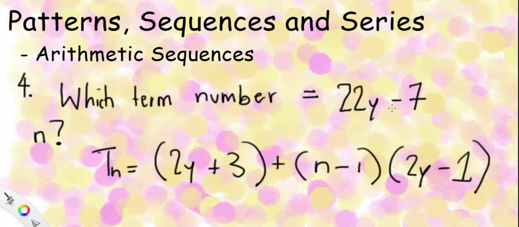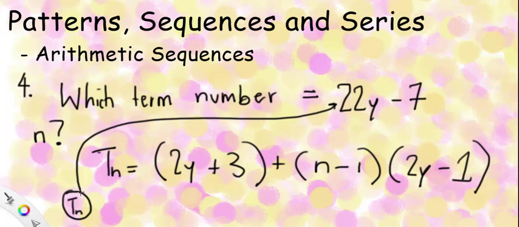We have the final answer that we need over here. And essentially, n is the term number, right, guys? But we also need to realize that once you put the T and the n together, it essentially becomes a term. And so Tn is equal to this. So in order to solve, what we do is we substitute in this instead of Tn, and then we solve for the n because we're solving for the term number n. And this equation will then look like